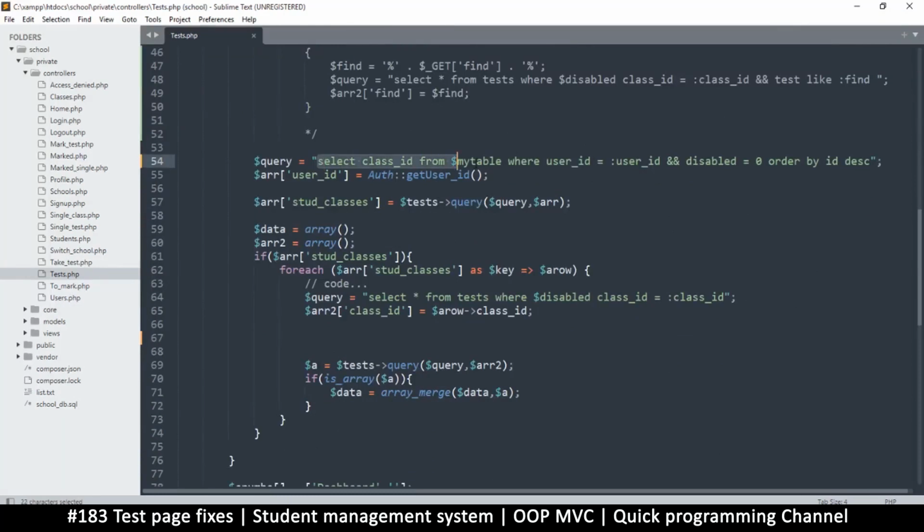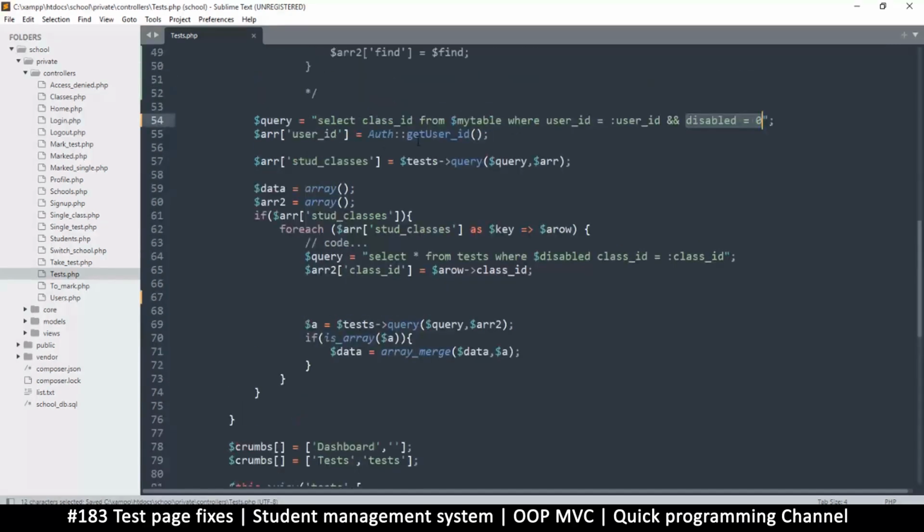Okay, so we read this query like this. This is good. The order shouldn't really matter here because all we want is the class IDs. So let's remove the order by ID descending there. It's completely irrelevant. Okay, so everything else is good because we don't need to read those users that are disabled because they are no longer part of that class. So this is all good. So once we have that, and we have the user ID here, and this is part of that user ID,